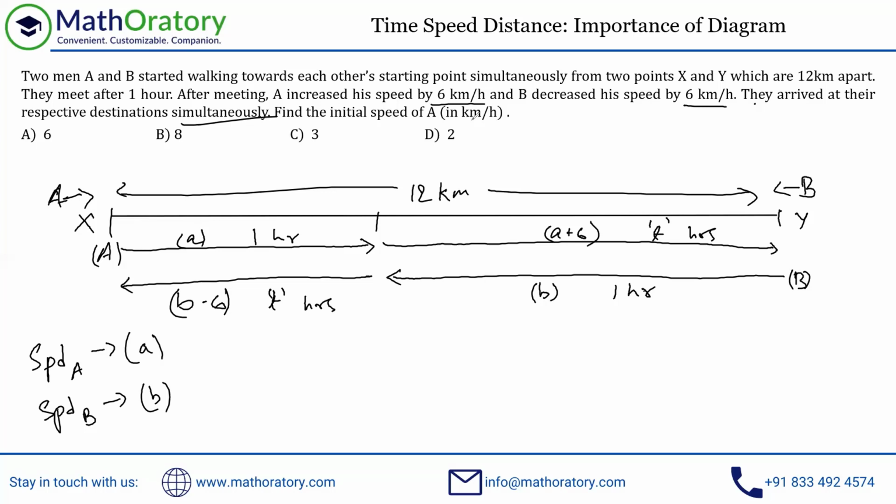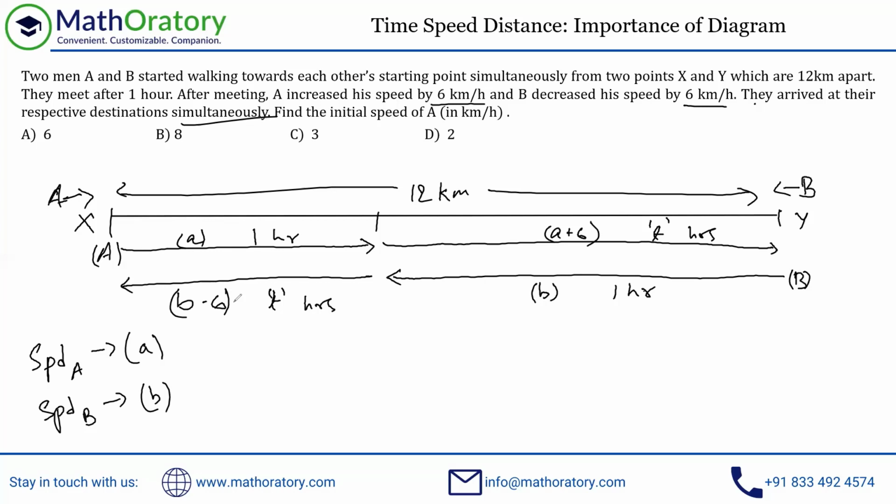If that happens, just imagine this. We already know that with the speed of b, you can cover this entire thing in 1 hour, right? So if a plus 6 is b, then this will become 1 hour. And if a plus 6 is b, then b minus 6 is actually equal to a, isn't it? Because of that switchover. Because this distance can be covered with a speed of a in 1 hour, if b minus 6 is equal to a, then this should also be 1 hour. So if this is 1 hour and this is 1 hour, our main piece of information is met, right? They will reach the opposite point simultaneously.